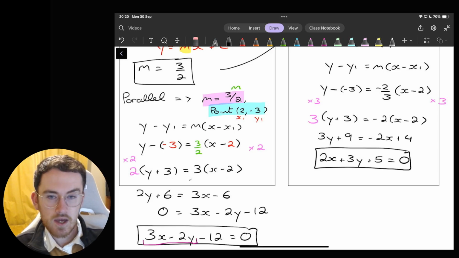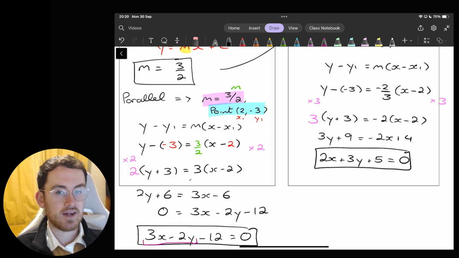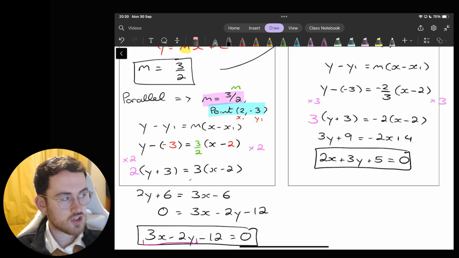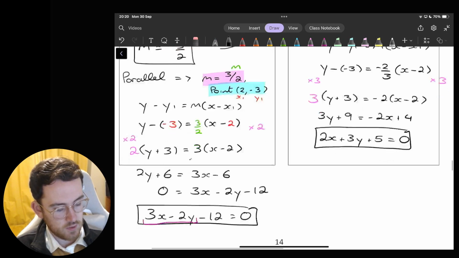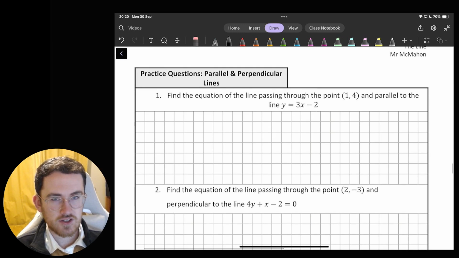So we can see how we adjust our line according to whatever situation we're presented with. If we're asked for perpendicular, then we need to make sure that we adjust our slope accordingly. If we're asked for parallel, then we keep our slope identical to what we had. And it's just adjusting as required by the question. So let's look at maybe one or two more examples of those sorts of questions, because these ones are quite